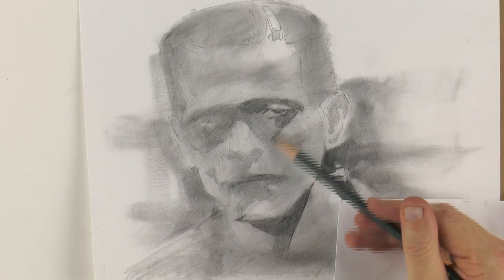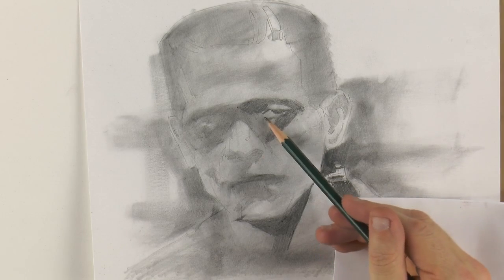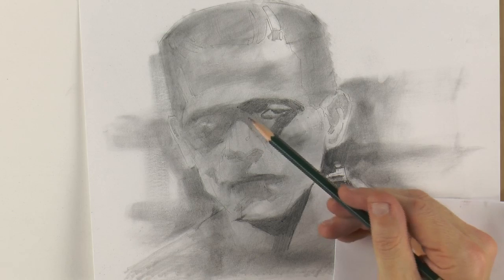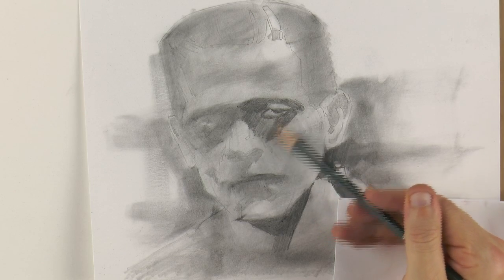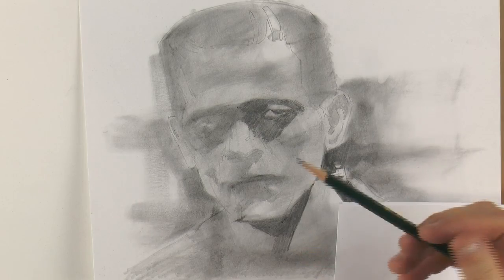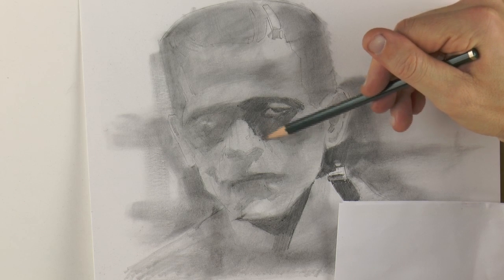And once I put down that charcoal powder, it might sound kind of funny, but I actually like the way that it, and I think I mentioned a little bit earlier, I like the way that it kind of obliterates my drawing a little bit. It keeps me from being too married to the drawing. Sometimes when you have a decent lay-in, you start being too careful, and I feel like that takes a lot of the fun and, for lack of a better term, the magic out of drawing. It's one of the things that I think sometimes